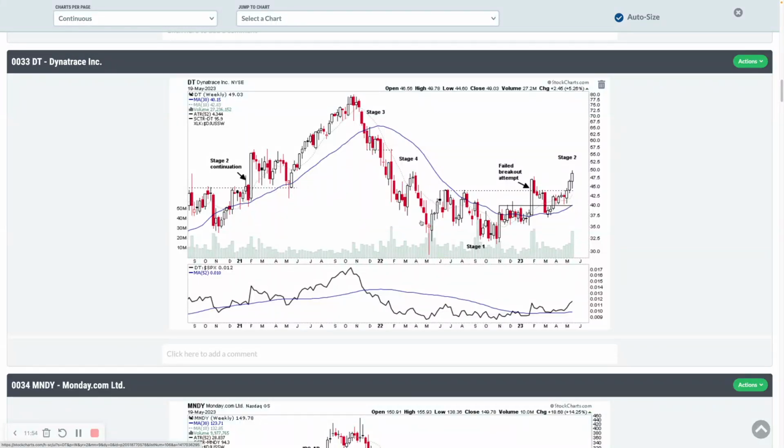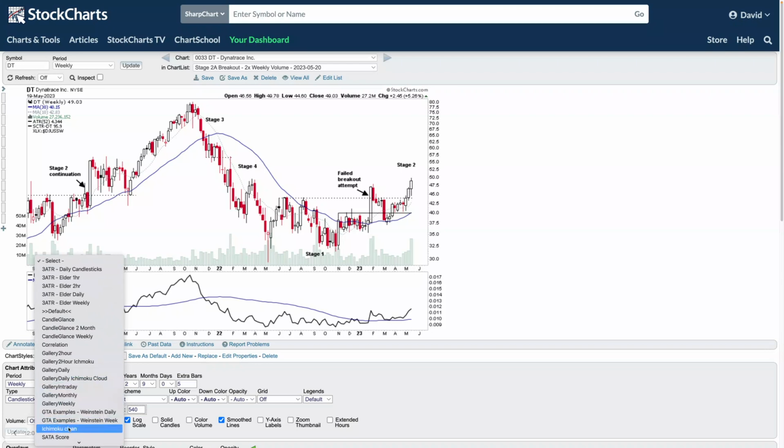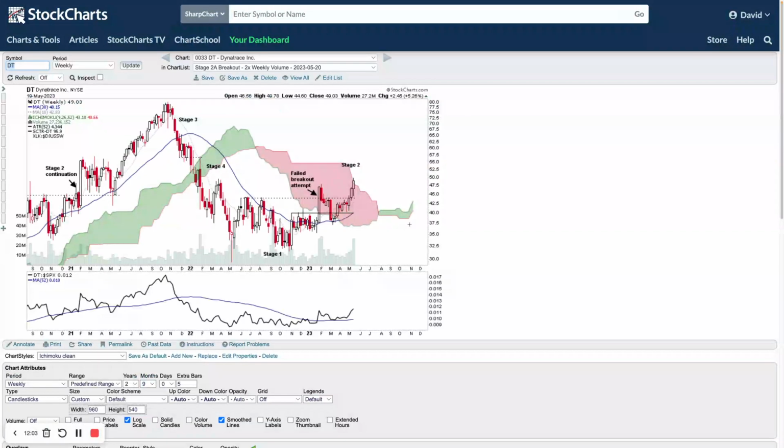So again, if I drop into this, stage 4 decline was fairly long and deep, but if we put the cloud on this one, you'll be able to see that it's getting towards the end or past that at the moment. So just clearing the end of the range on this one, because that base size obviously has been fairly well developed there. So we get some kind of pullback move into here, be looking for that to push up and out. So next up,